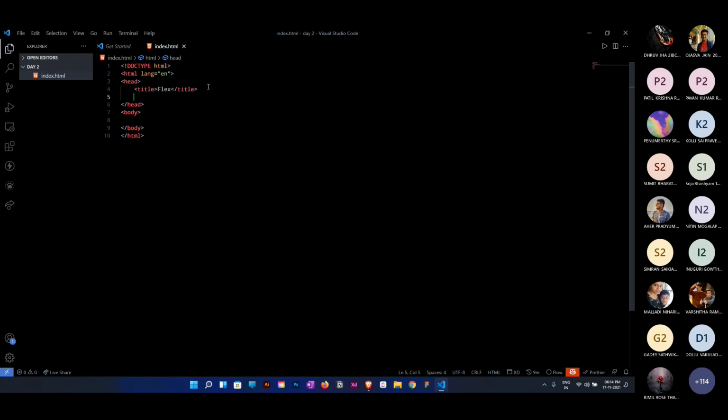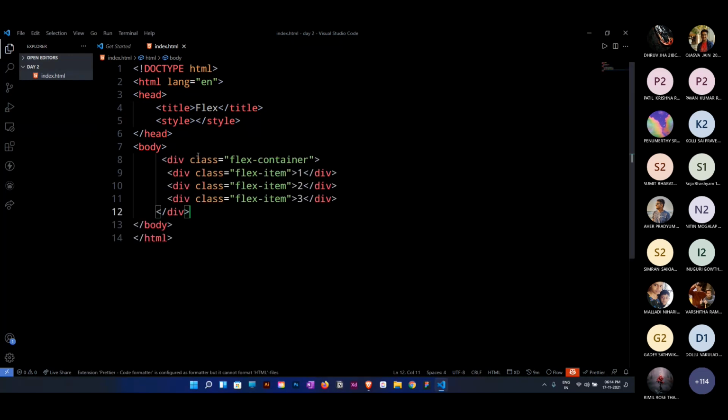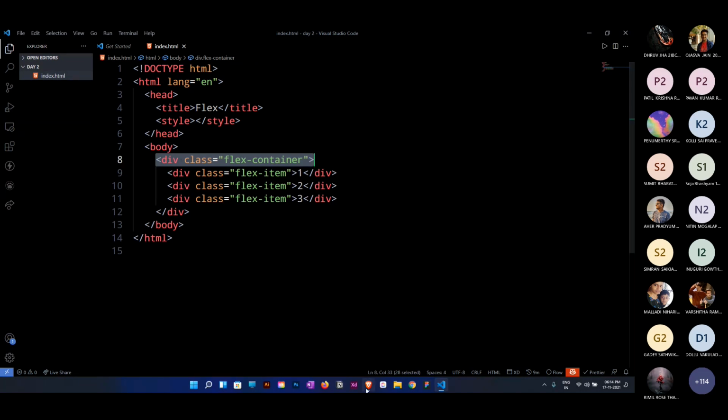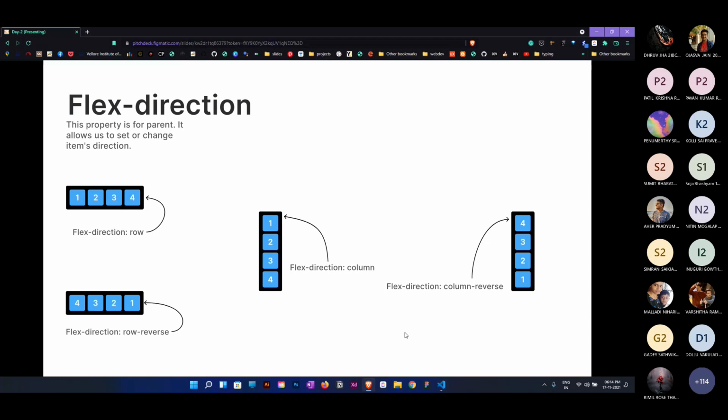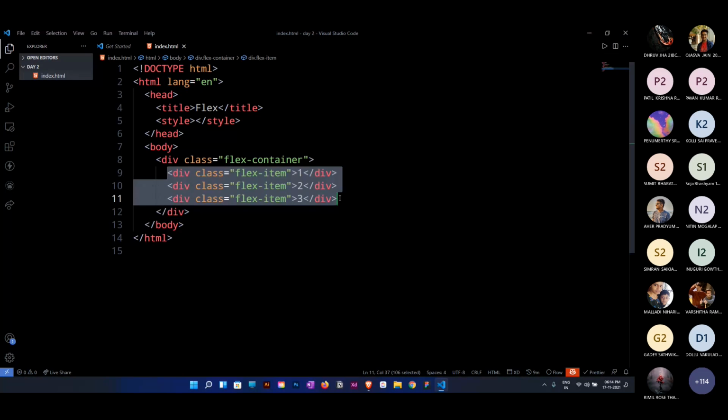And let's add a style tag for styling, and zoom in a bit. Perfect. Now let me drop in the container and the flex items, just some boilerplate code. What I'm doing here is dropping a div, which is a box. This first box is the outer container, the black color box in our presentation. If you see, it's opening here and closing here. Inside that container, I have dropped three items, three separate divs.